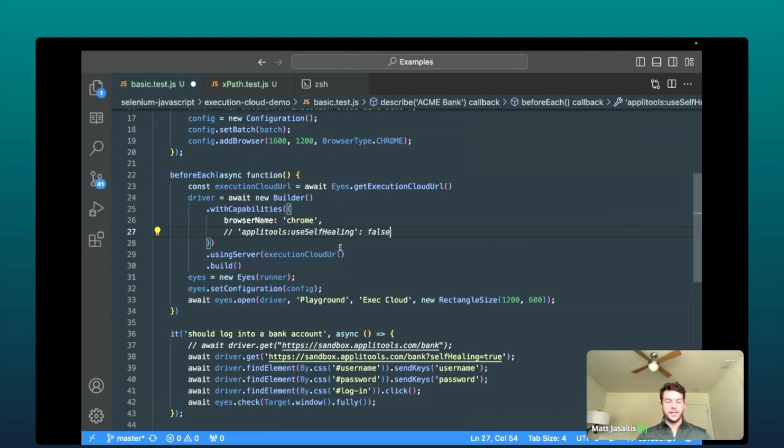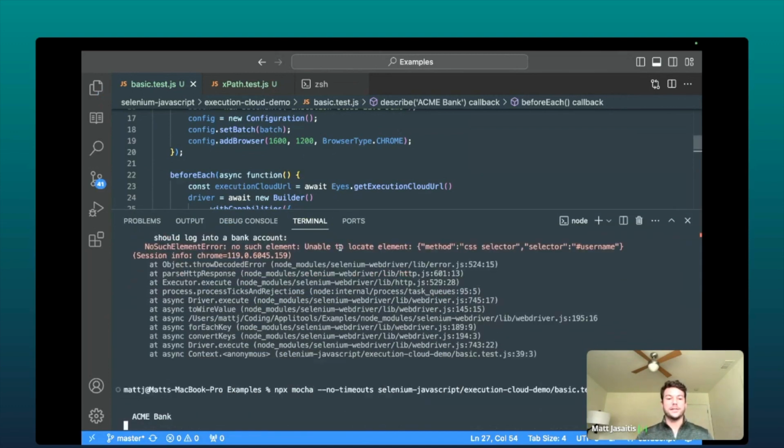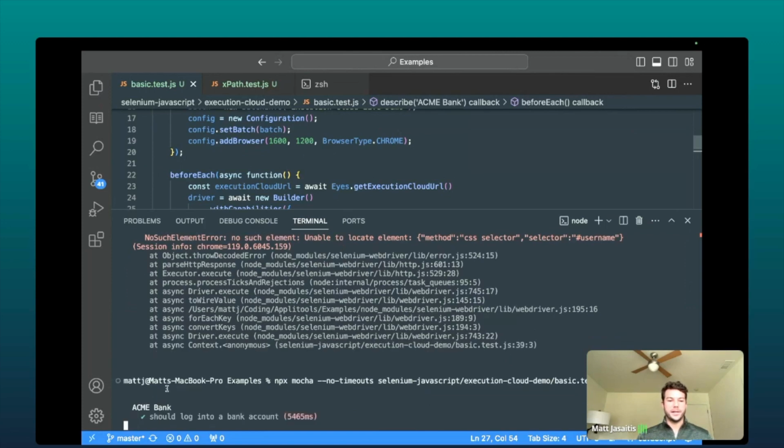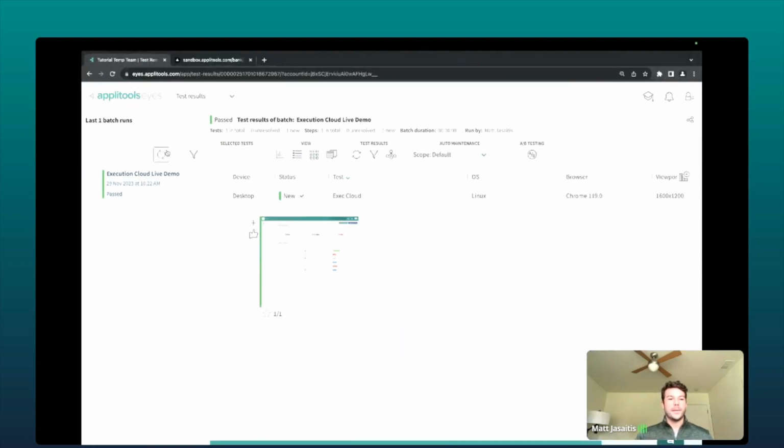So now let's turn self-healing back on and rerun the same exact test. And as we can see, we get the little check mark, which is a good sign, showing that our test did pass this time. And we're just waiting for the ultra-fast grid to render our visual AI assertion, and we get one passing test. So now, even though our selectors changed on us,